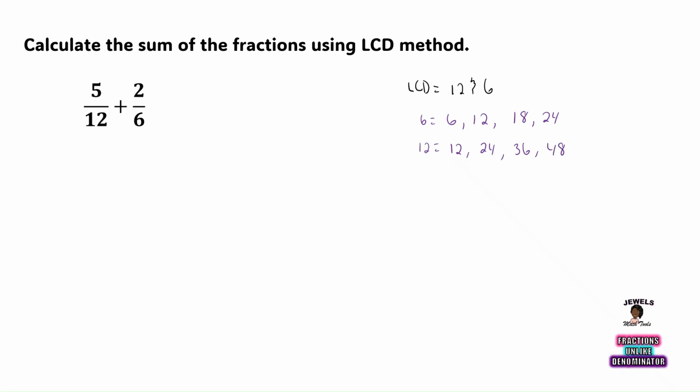So these will be the multiples of the numbers in our denominators, which we're going to use to change the fractions into their equivalent form. So in finding the lowest common denominator, I'm looking for the lowest or the smallest number that these two multiples have in common. And I can see that in both 12 and 6, their lowest common multiple is 12. So now that I've identified that the LCM or the LCD of these numbers